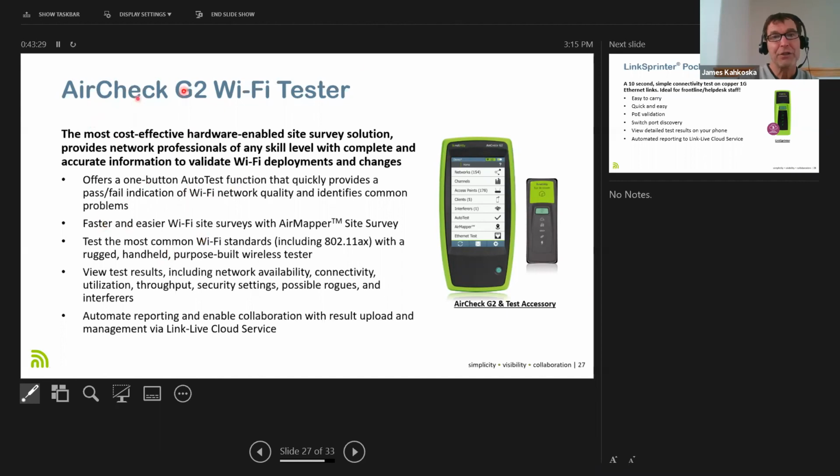so Aircheck G2, this is our basic Wi-Fi tester. We have a little test accessory that is basically a derivative of Link Sprinter, but it runs as an iPerf server, so you can run throughput tests to it. And so what we've added here in the last 6 to 8 months is just this drop dead simple way to do Wi-Fi surveys. And so in the release coming out mid-January, you can literally take, you